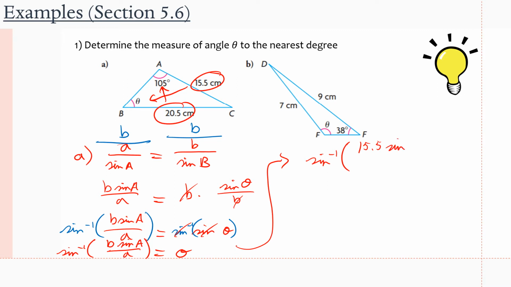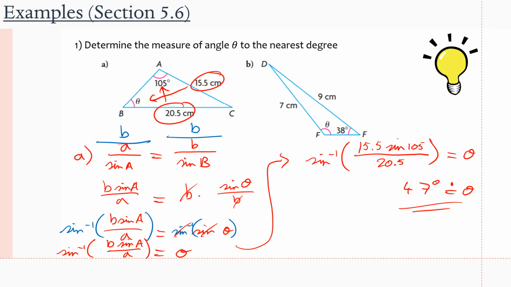15.5 sine of A, which is 105 degrees, over A, which is 20.5, equals theta. If we put all of this into our calculator, 15.5 times sine of 105 divided by 20.5, and sine inverse of that, it's going to give us about 47 degrees. Okay, and it says to the nearest degree, so it actually gives you 46.9 degrees, but if you round it, you get 47 degrees, which makes sense because we have an acute angle here, and that's our theta for A. Now let's move on to B, and I'll erase all that we have on the screen